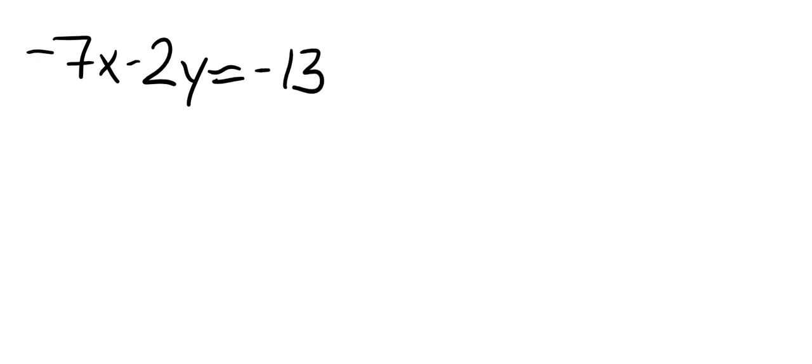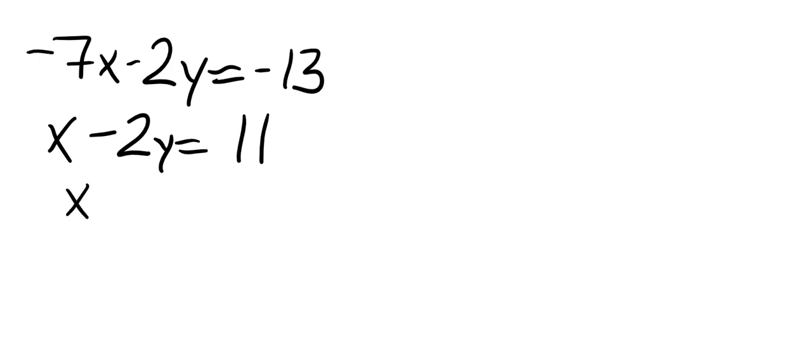The next question that we're going to go over is negative 7x minus 2y equals negative 13, and x minus 2y equals 11. In this question, we don't have a variable solved for already, so we have to make that happen. You want to look for the variable that has no number in front. That's going to be the x for the equation in the bottom. The way that we get that variable by itself is by adding 2y to both sides to give us x